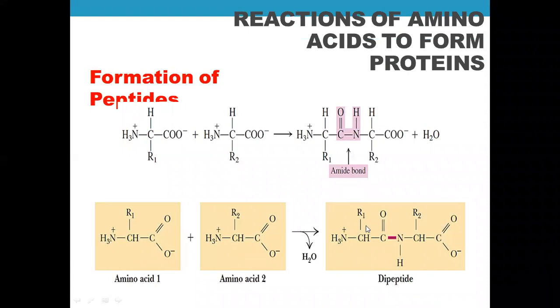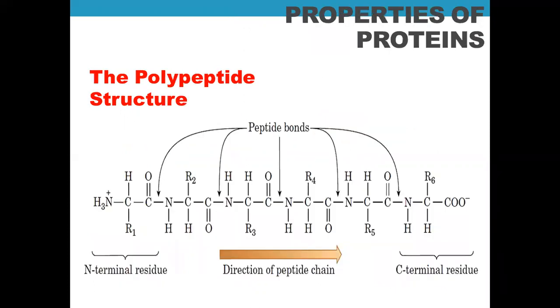Now, when two amino acids are formed together, you consider that there's only one peptide bond, but since there are two amino acids, you consider this to be a dipeptide. I repeat, even if there is one amide bond that's being formed, this is composed of two amino acids, so you call this a dipeptide. But how many peptide bonds are there? There's only one, but since there are two amino acids, you consider this to be a dipeptide. Okay, so again, the poly